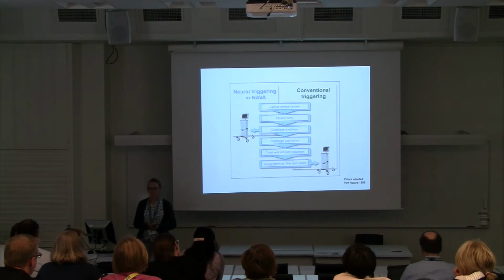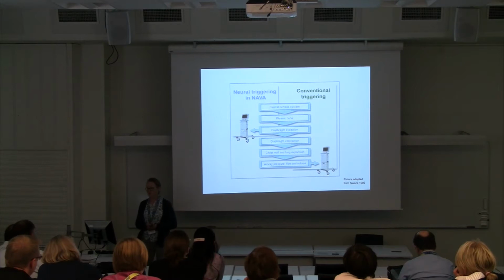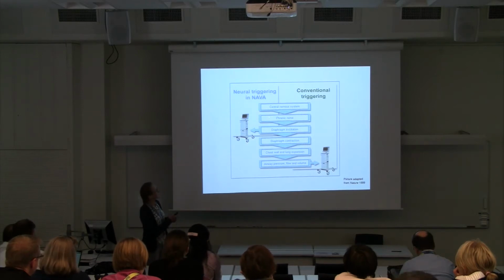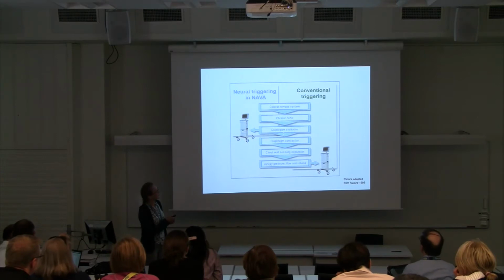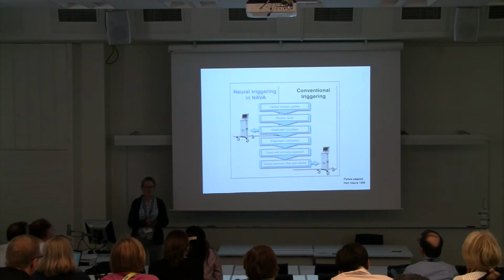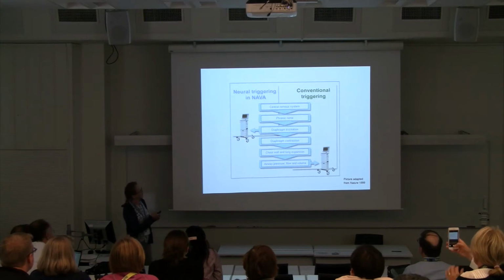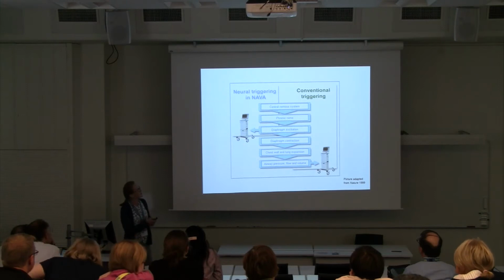On this slide, I would like to show you how the neural triggering differs from the conventional triggering. In spontaneous breathing, the impulse for each breath is generated in the breathing center. Then the impulse is mediated through the phrenic nerve to the diaphragm, where it excites the diaphragm. And it is right here that this EDI signal is captured and processed and used as a neural trigger in